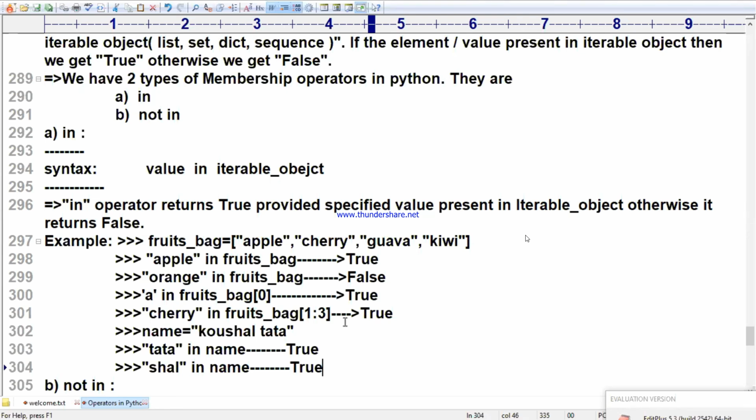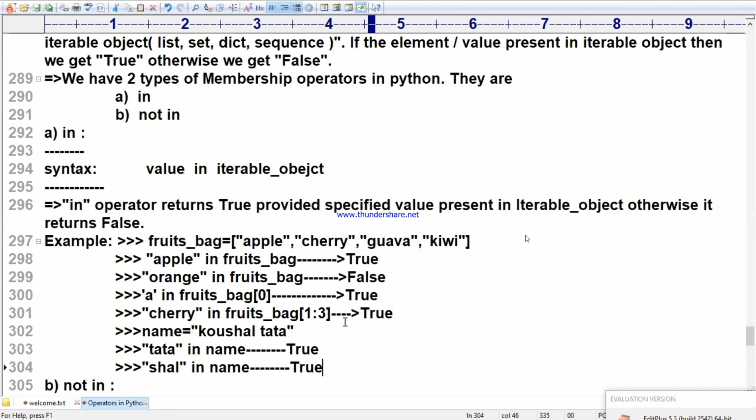Okay, Bhagya Shruti found out: S1 is equal to apple, kiwi, banana. Grapes in S1 gives false. Why do we need to use not in? Ma, I am saying, to check the existence of a value in the iterable object, you use in and not in.